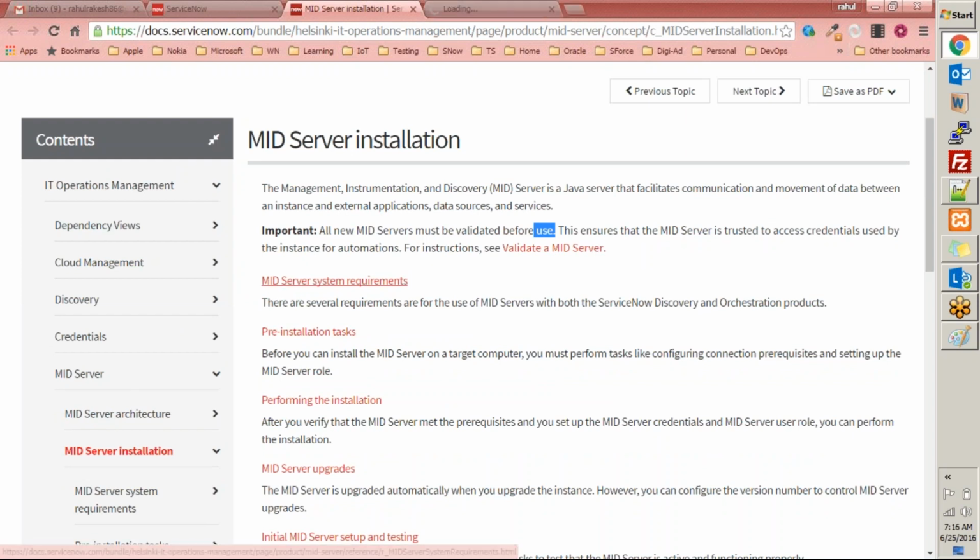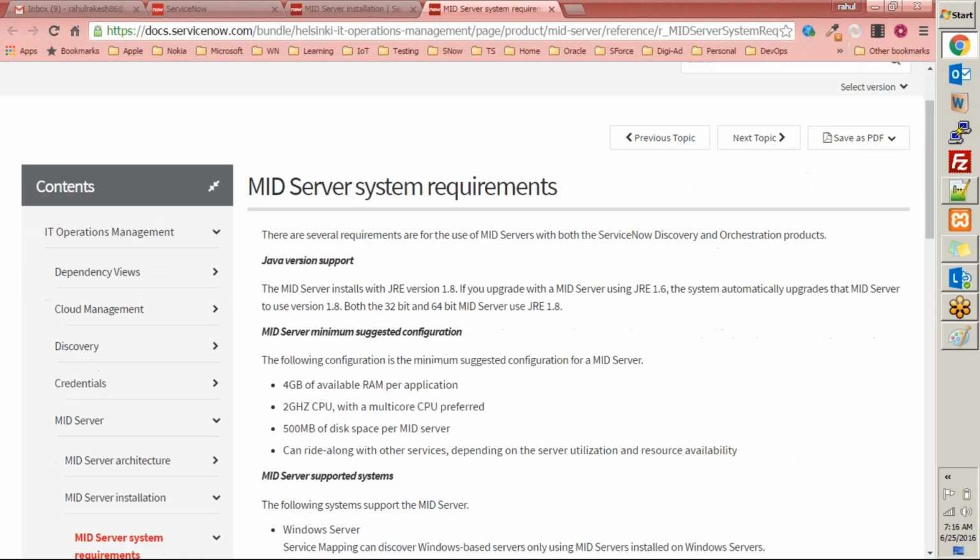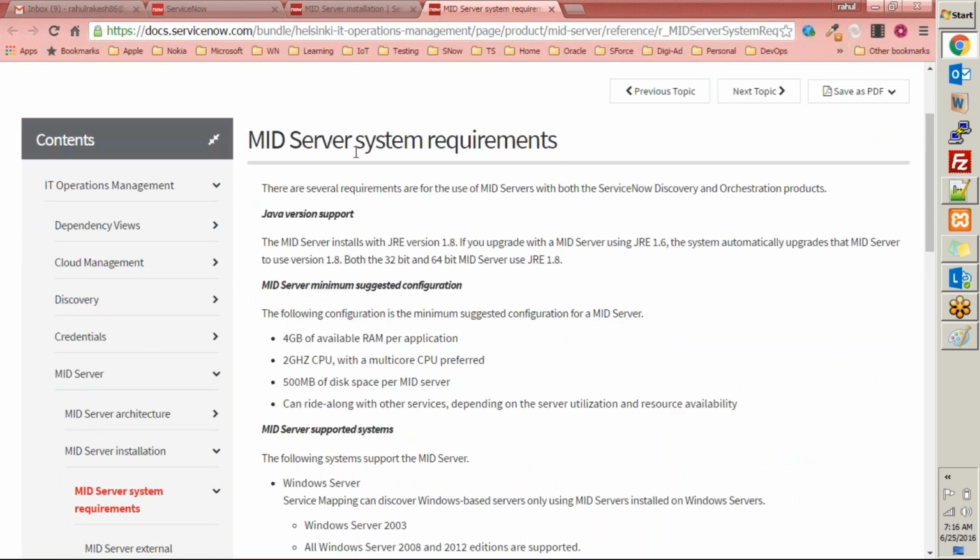Let's look into MID Server requirements. This is a system requirement for MID Server. You must have a Java version support on the server. It should have Java JRE version 1.8, right? If you upgrade with MID Server using JRE 1.6, the system automatically upgrades the MID Server to version 1.8, right? And MID Server is supported on 32-bit systems as well as 64-bit systems, right? So the first requirement is to have a Java runtime environment there, and that runtime environment version should be 1.8,